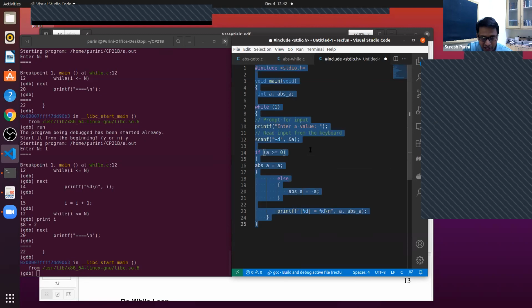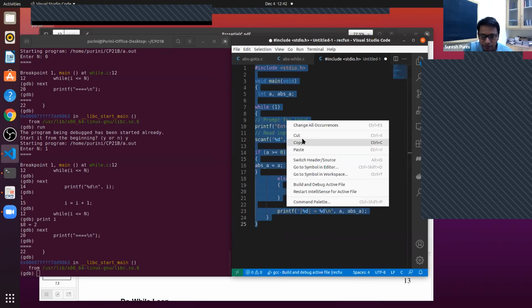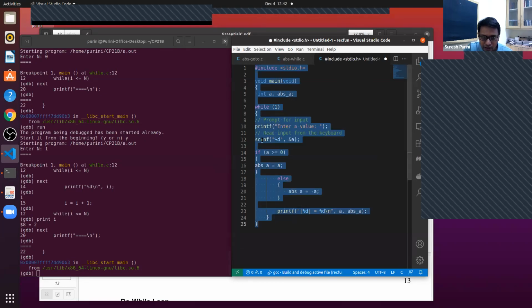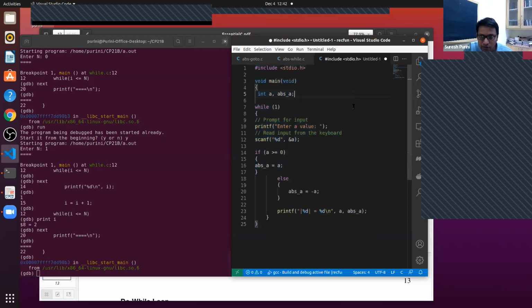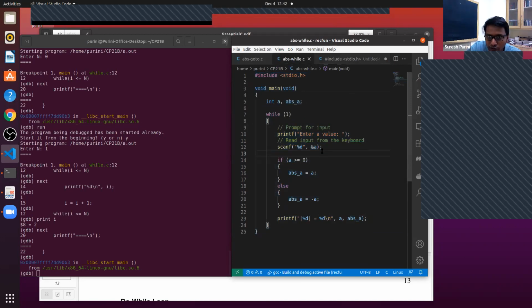But when I select everything and right click, you get the format option and the whole code is nicely indented. So indent your code. When you submit, your code should be beautiful. Even if you don't write comments, it should be beautifully indented.